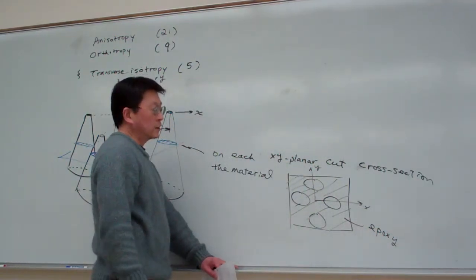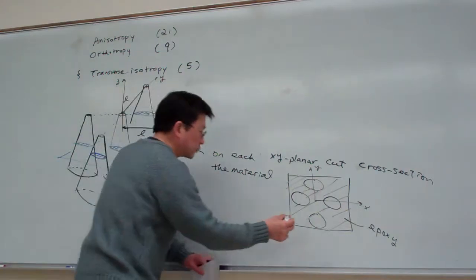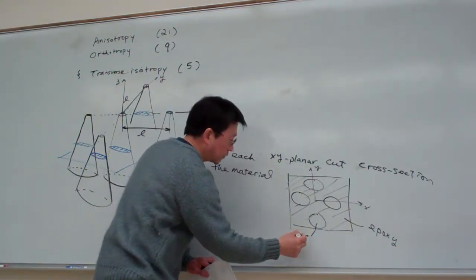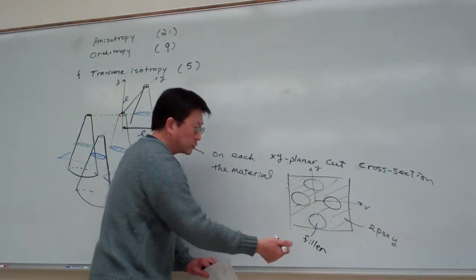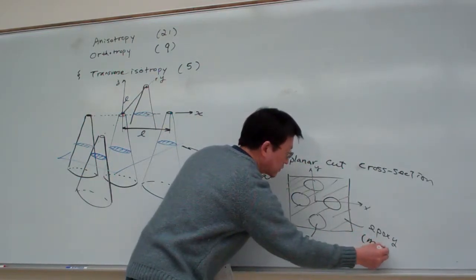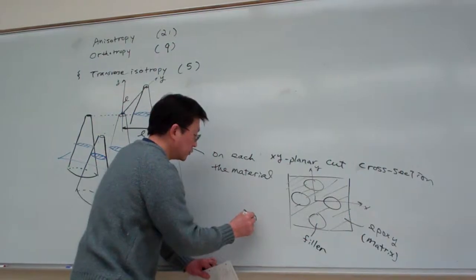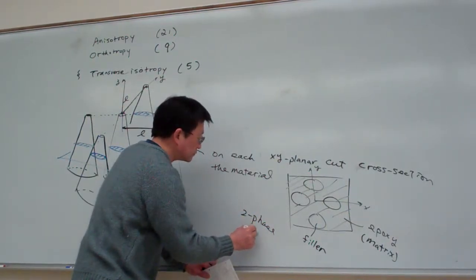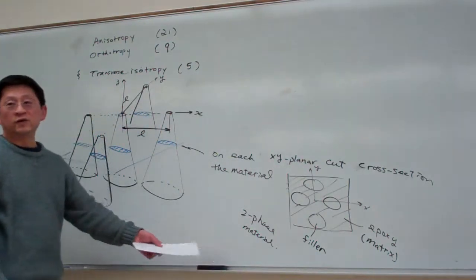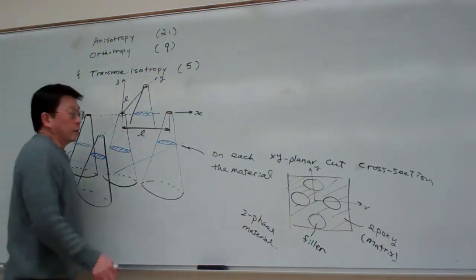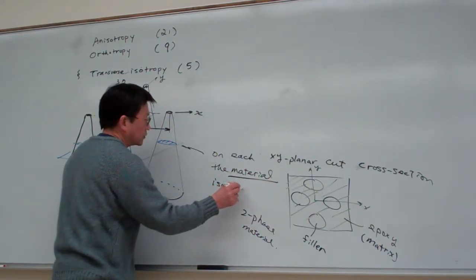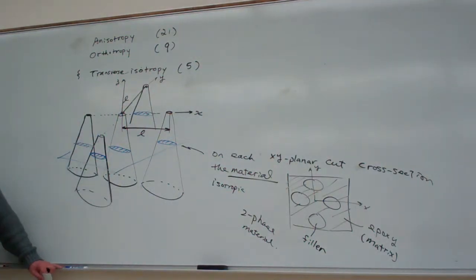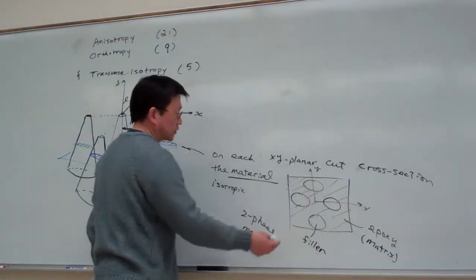So for this material, sometimes we call the cross-section of the fiber the fiber phase. And for the space filled up with epoxy, basically we call it the matrix. Okay. For this kind of thing, we call it a two-phase material. Okay, usually we give the name like this. Okay, so for each section, this two-phase material basically is isotropic. That is our assumption. For this simple drawing, I couldn't mimic the isotropy exactly, but just to demonstrate the concept,